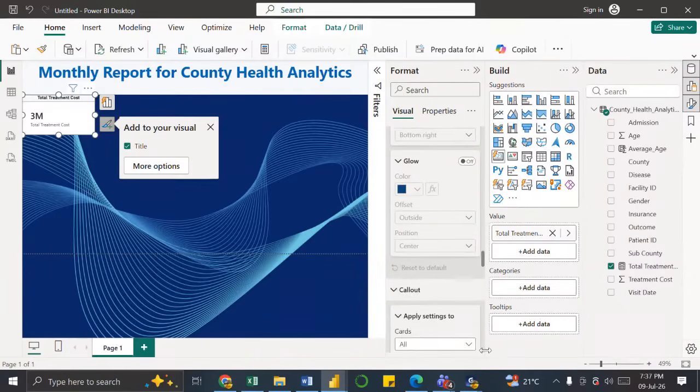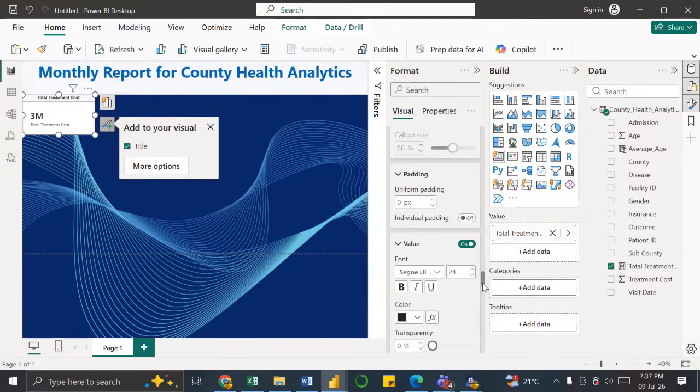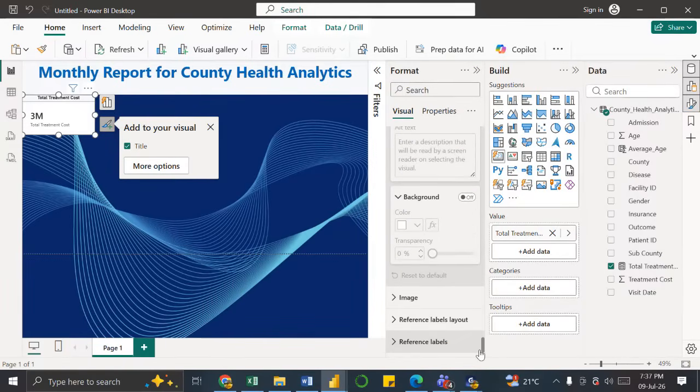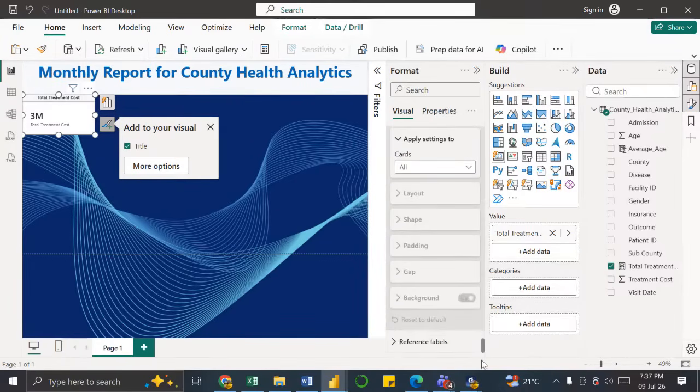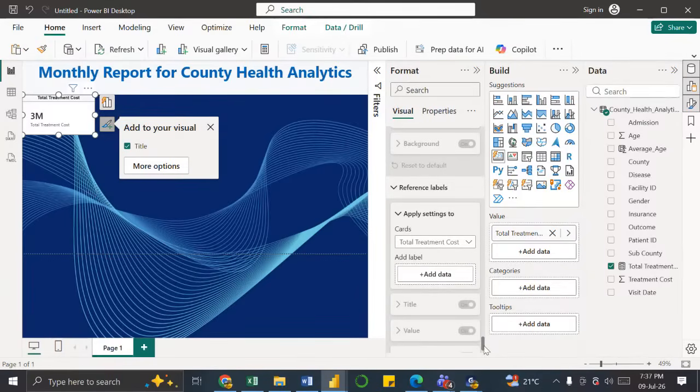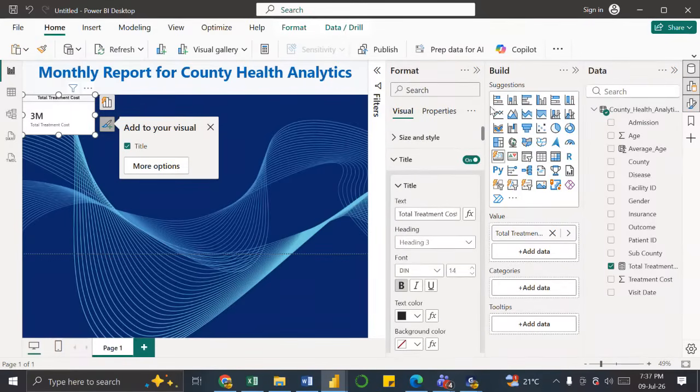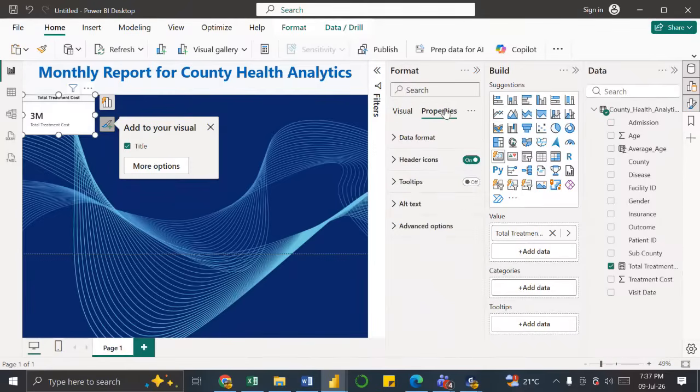Then you have the callouts. Reference labels and layouts are not examples, but some of the properties that you can enhance. Okay. Now,